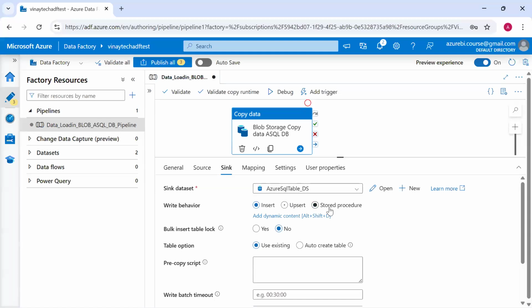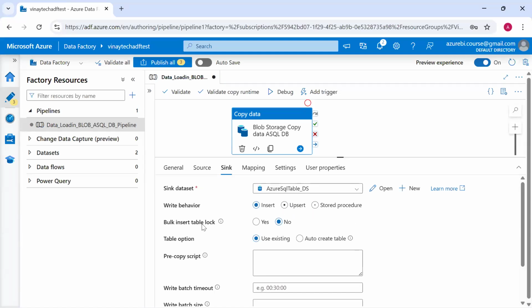Okay, we'll discuss all these options, guys. You don't need to worry, because in a 1 hour class I cannot complete everything. So just give me some time, guys. In the regular classes, we will discuss all these options. What is full load? What is incremental load? What are upsert procedures? Everything I'll cover, including basic SQL also I'll cover.